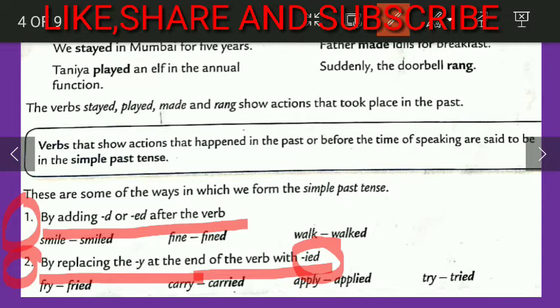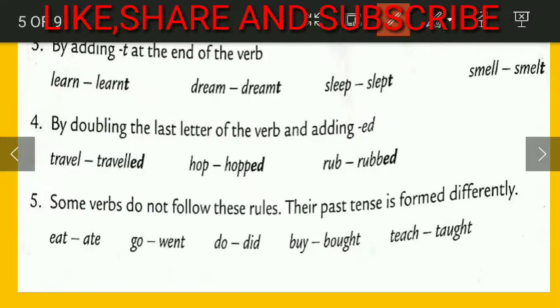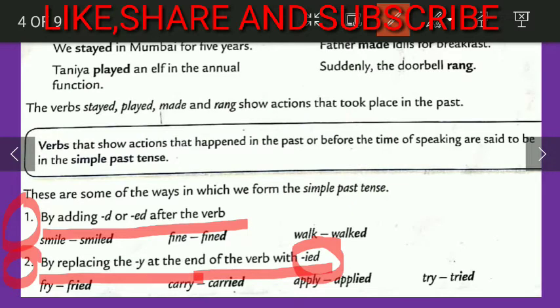So children, let me make you understand in a better way. Here you can see, this one is a blackboard. With the help of the blackboard we will try to understand it in a better way. Okay, so let's see what is written here.